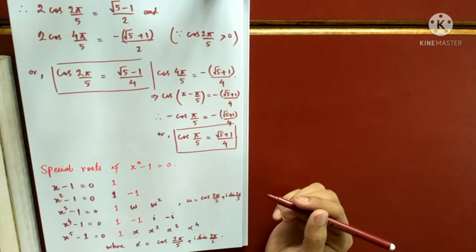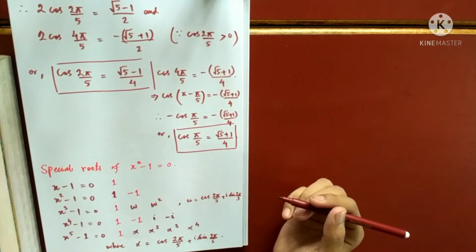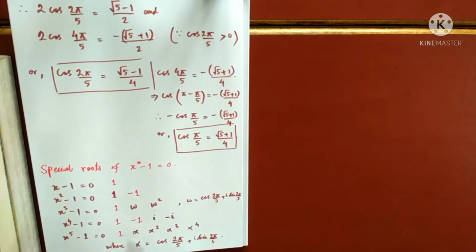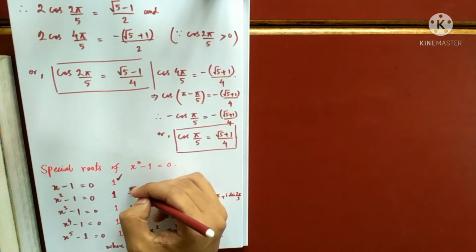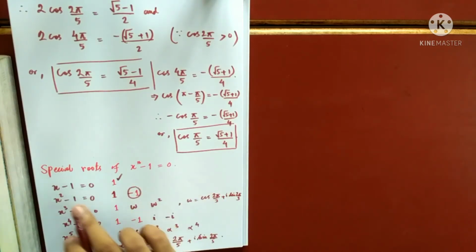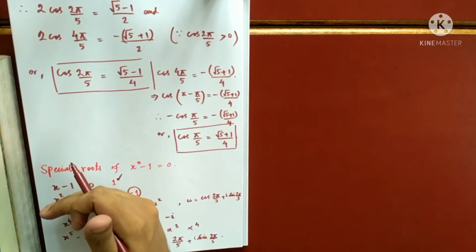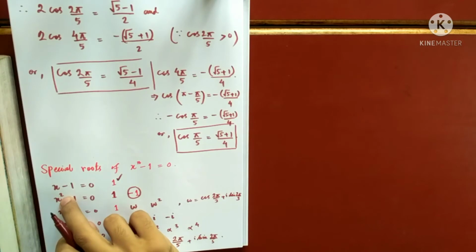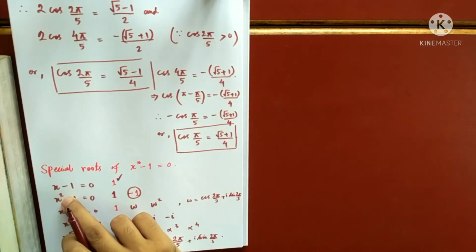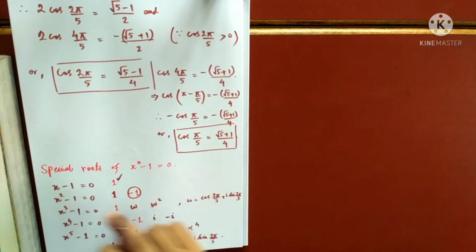Now what is a special root of a binomial equation? If it is not a root of the lower power than this. That means the special root of this is this, the special root of this equation is this, but the special root of this equation is only minus 1. 1 cannot be a special root of this because 1 is a root of the previous one. So what are special roots? The numbers which are not the roots of the lower power. So the numbers which are not the roots of the lower power are actually the special roots of this one.